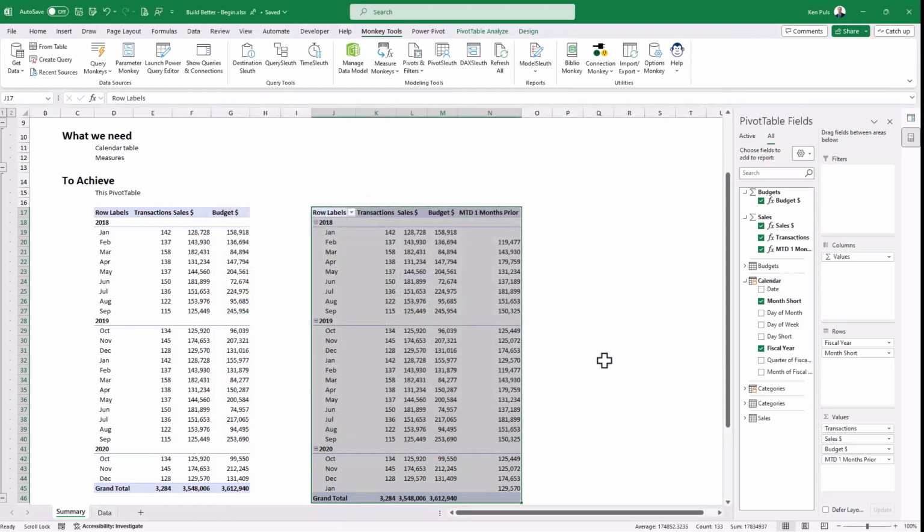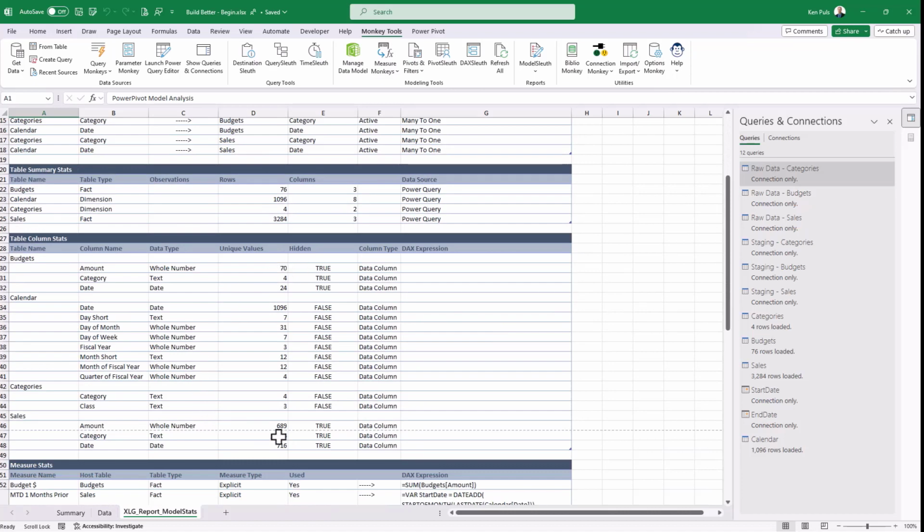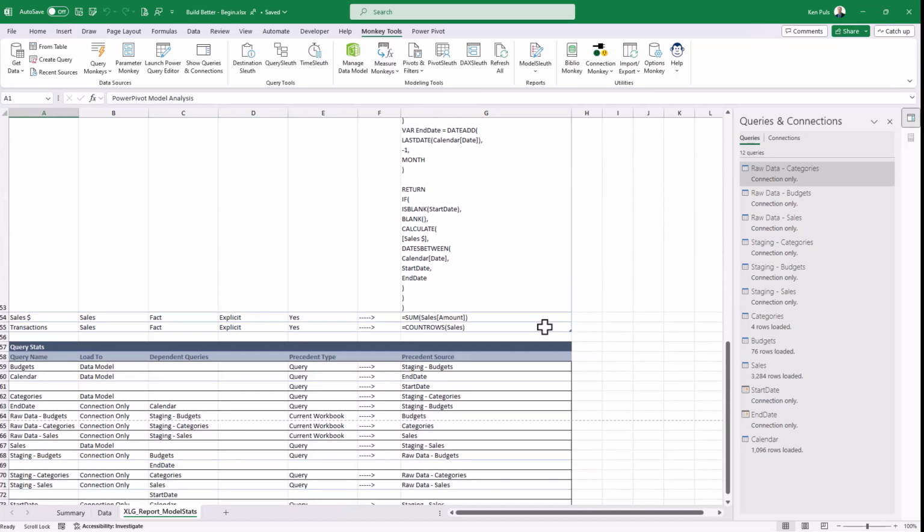And finally, the last thing that I want to show you here is that while Query Sleuth and DAX Sleuth both work under a free license, you don't get all the color coding, but they do still work there and they indent and everything else. This next feature doesn't work 100% on a Pro trial license. This one requires full Pro. This is what we call our Model Sleuth, and it allows us to run a full documentation of our model to figure out what our relationships are doing, what the data sources are doing, and our individual stats around compression and unique values are here. All of your measures are listed, your queries are listed as well here.